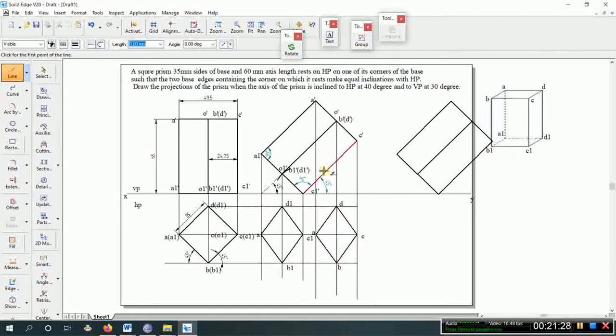Now join all the vertical edges, D to D1, A to A1,